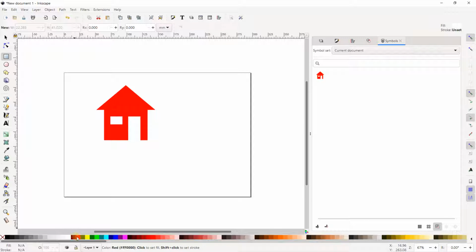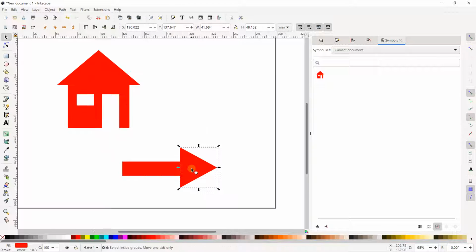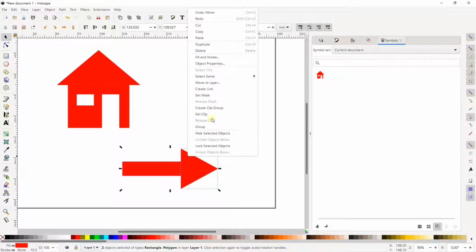Let's create, for example, an arrow. I can make something like this, creating again a triangle, and I can go on this area. Same principle, activate my snapping options. Then I select everything, right click, and create a group.